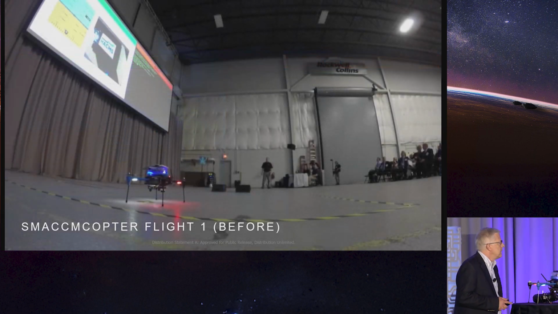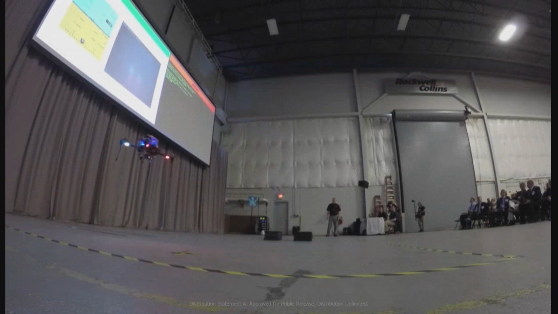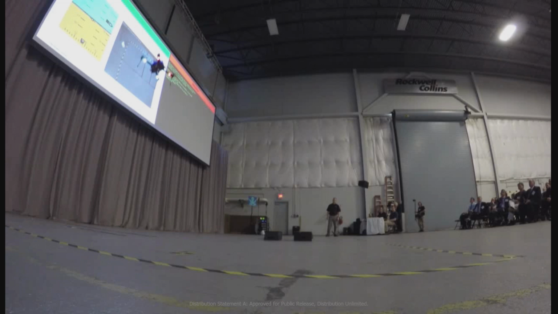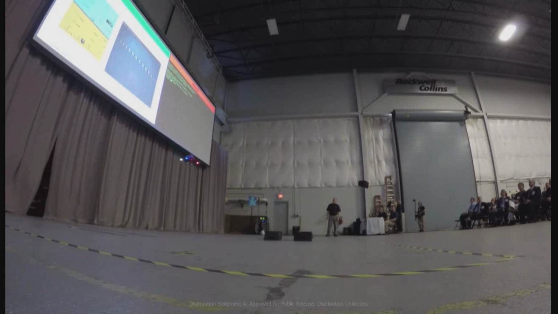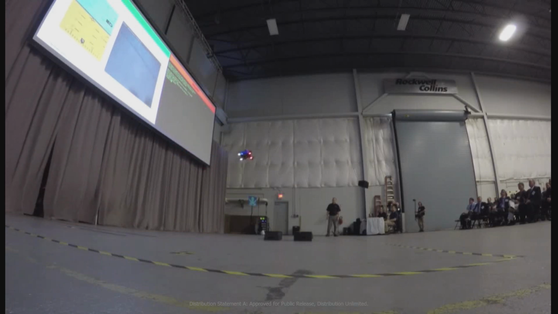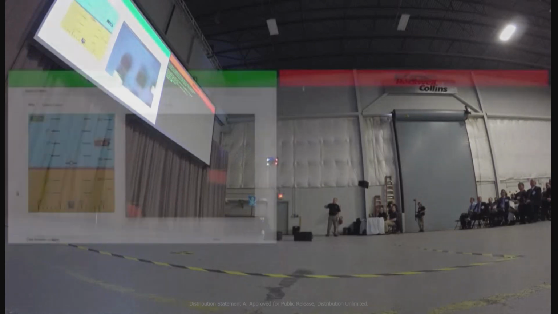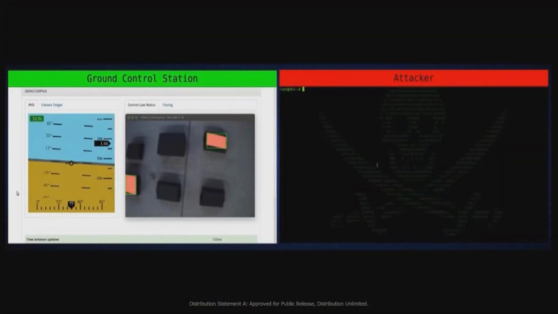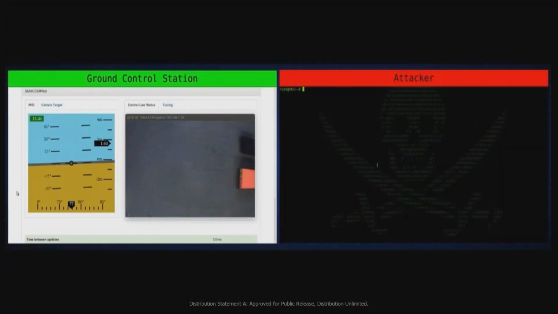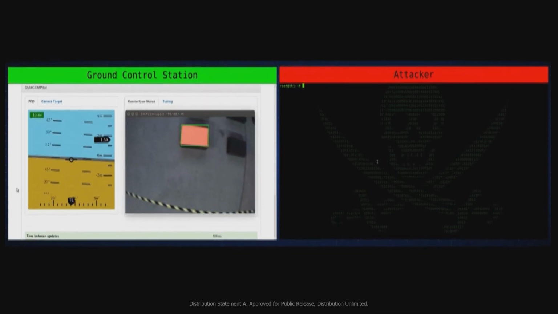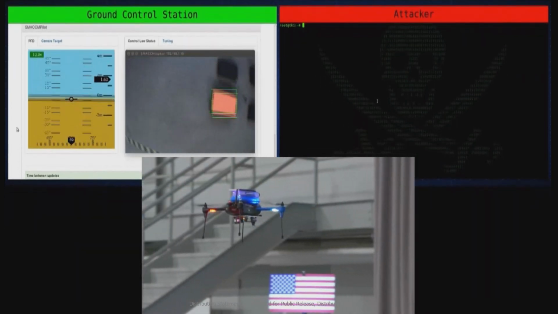So the vehicle will take off and come to an initial altitude. On the left, you see the ground control station. And on the right, this is the hacker screen. This is exactly what he's doing. And so as the vehicle comes into the mission area, you can see that it's identifying the different buildings on the ground. And then the attacker